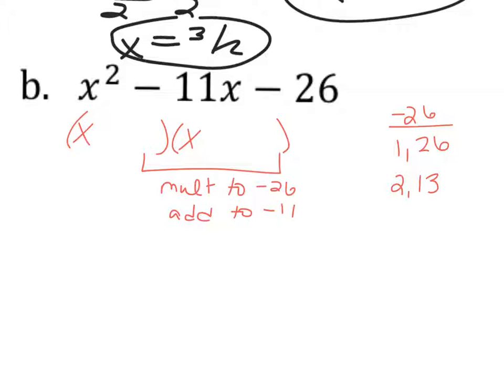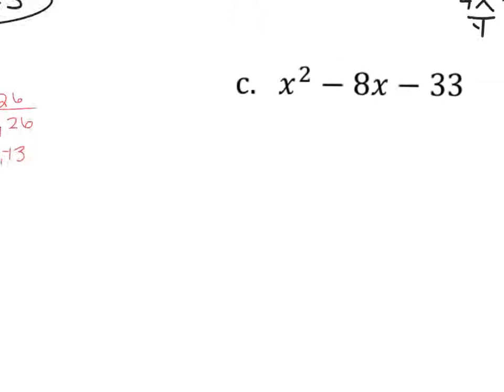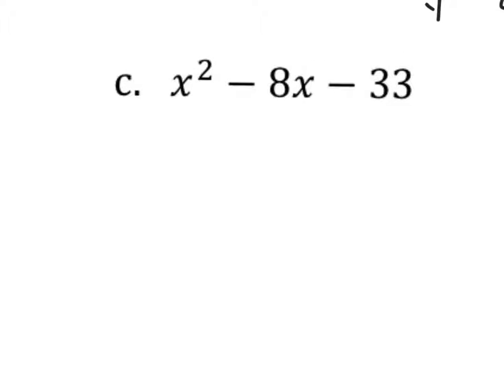Now we have to figure out which one has to be negative to add to negative 11. In order to multiply to get a negative number, we have to have one positive, one negative. And so which one has to be negative to give us negative 11? That would be negative 13. So we have positive 2 and negative 13. Okay, let's take a look at c. So our two sets of parentheses, we have our x